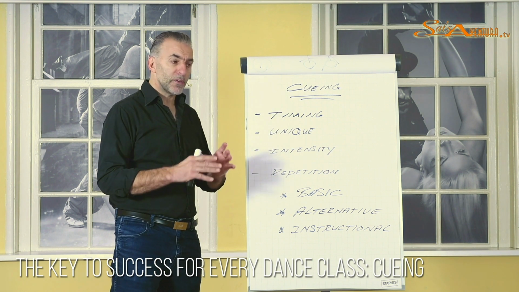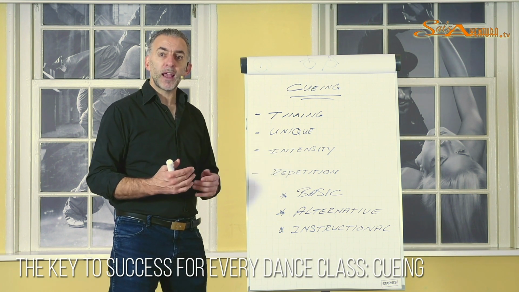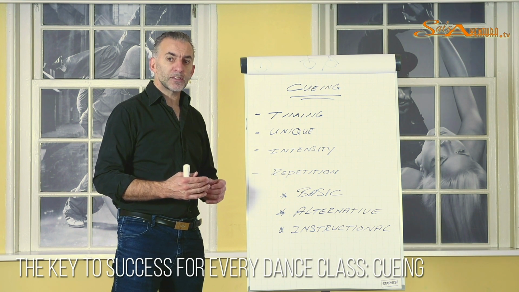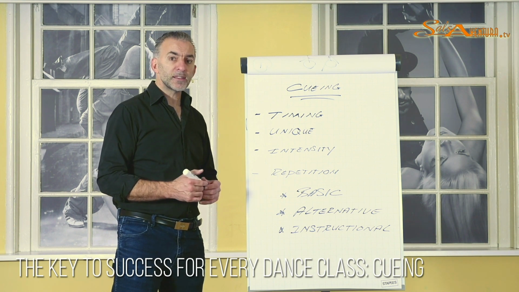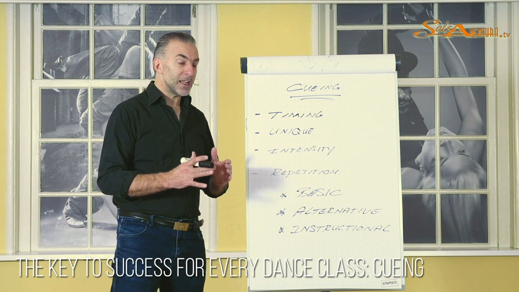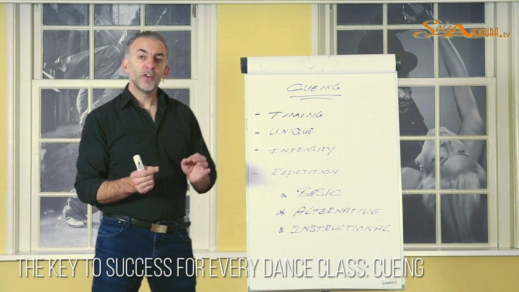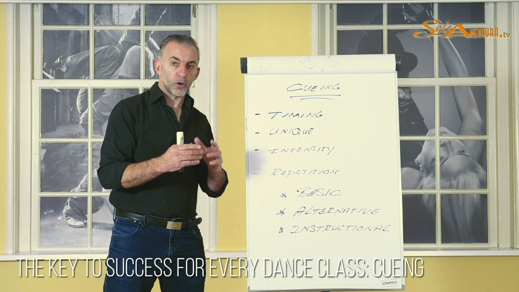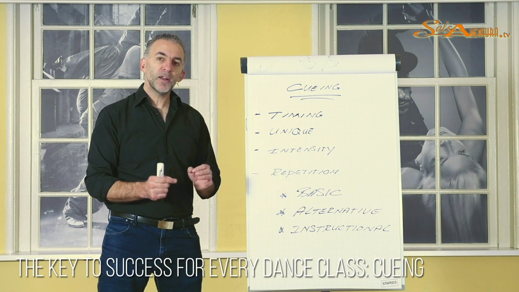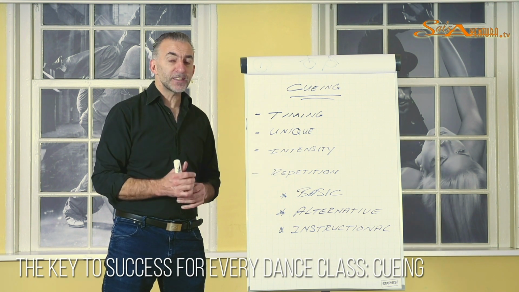So the cueing on itself needs to be unique. There shouldn't be any doubt. Okay guys, let's do a single right turn, and then suddenly you start saying, okay, let's turn to the right side, and then the next time you go, okay, just turn, okay, then it will get confused, especially in the beginning. So it needs to have a unique characteristic on itself. So whenever you choose one word or more words, they have to stay the same. Then what is important is the intensity of the way you announce the word.